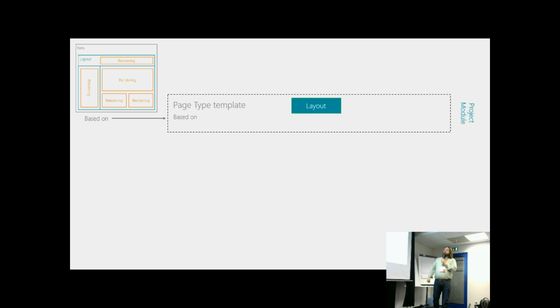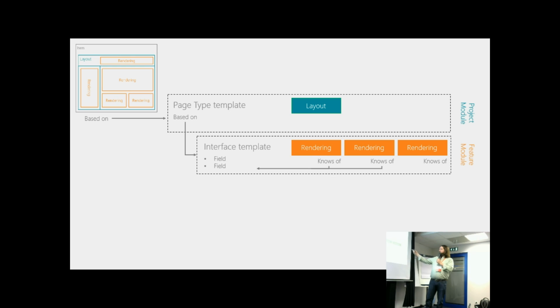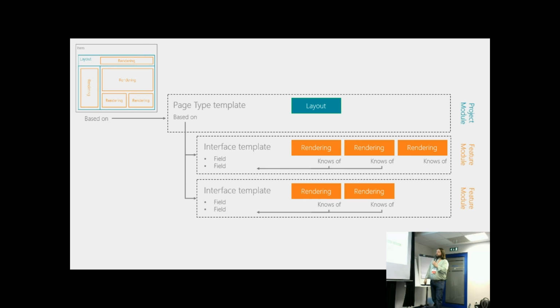Well, if we take a look, this item is based on a page template. So for instance, I've talked about account management. This might be an account management page type, and that would live in the project module. Since page types don't have any fields itself, it's going to inherit from an interface template in the feature layer that might be about basic profile information, for instance. And then there might be another interface template that this page type inherits from that is going to be about,